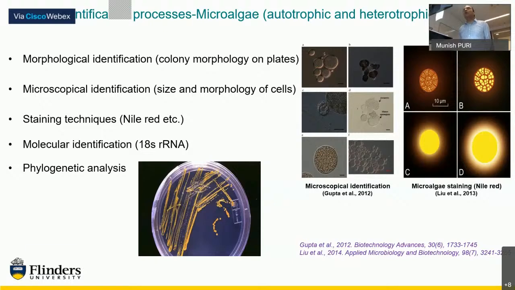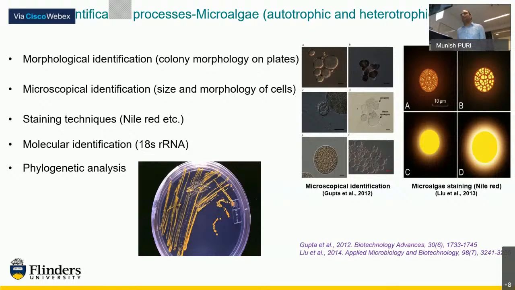How do the colonies look? Then microscopic examination: you can look into the size and shape. Then you can stain it. Staining is really good. It gives you an idea of the lipid content in these